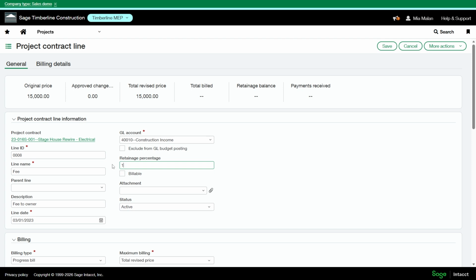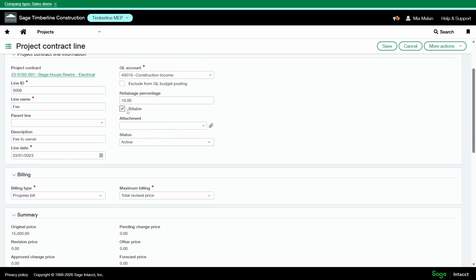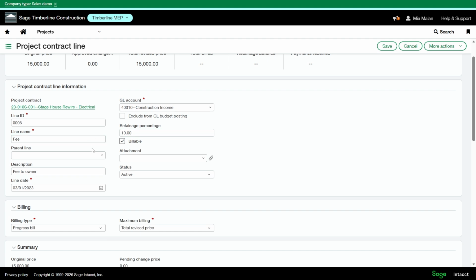Here you can enter your retainage that you're withholding. Once you drop retainage, you can come into each line to update it, or you can update that on the fly when you're generating the bill. This line is billable. If I didn't want it to show up on the pay app next time, I can come in here and mark it unbillable. I recommend adding some smart rules to this page. We have some other videos on smart rules. This is a good smart rule to have here so you can bill on the line.